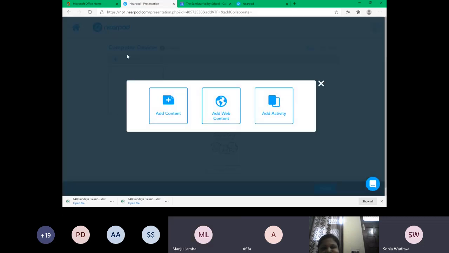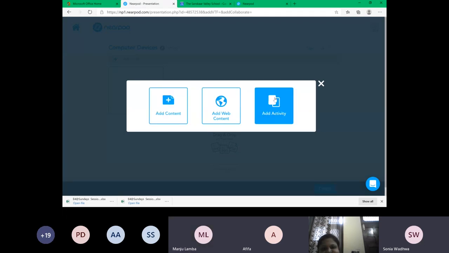This is an advisory that the first option should be a slide, because the first screen should be a welcome screen or stating the topic and all. Now my question to you, in the last question in my activity, was, Nearpod allows you to do what? Add content, add activity, or do both. So you can see here it's showing that Nearpod is a tool which is used to add content, add web content which is ready-made, add your own content from the system, or add an activity.